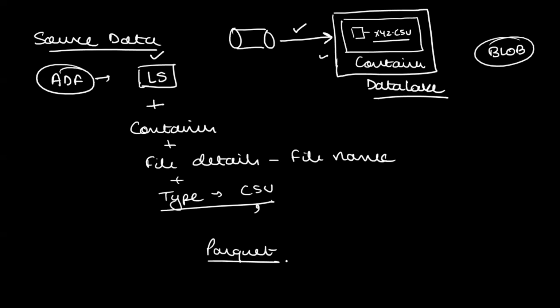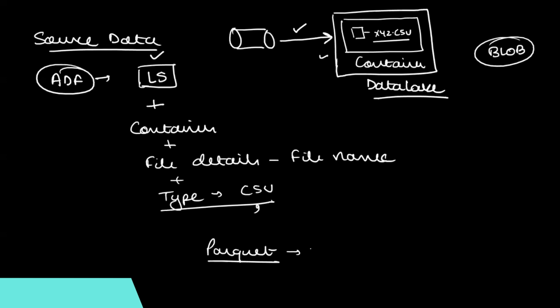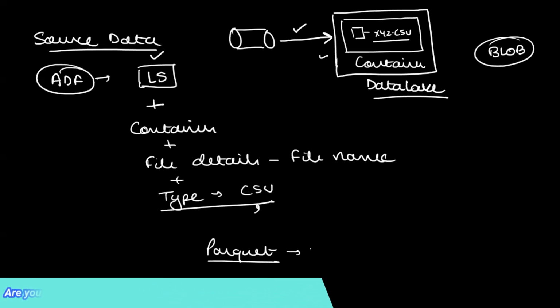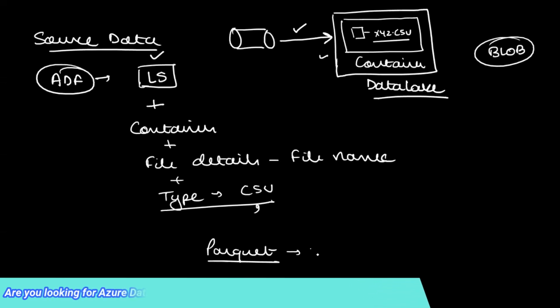So this is a compressed form. Then again, I need to define what format it is. It's a Parquet format, and to compress and decompress a Parquet file, we use something called a snappy codec. Snappy codec is a tool that helps us compress or decompress these Parquet files. I will not get into that depth as of now, but I also need to mention that we use snappy codec to compress or decompress this file.